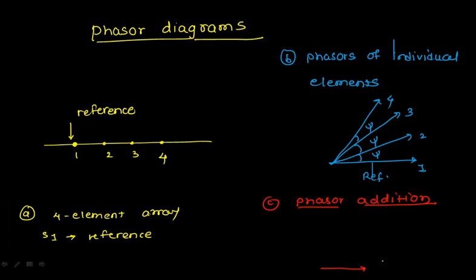ठीक है, so आपने यहाँ पे reference. Now 1 और 2 में आपका shift है psi. ठीक है, now here also आप ये से जा रहे हैं. ठीक है, so 3 में और 1 में आपका shift होना चाहिए psi. ठीक है, so this is phasor number 3. What about the 4? I'll just try. So this goes here and this goes here. So this is your 4. So this is also psi.